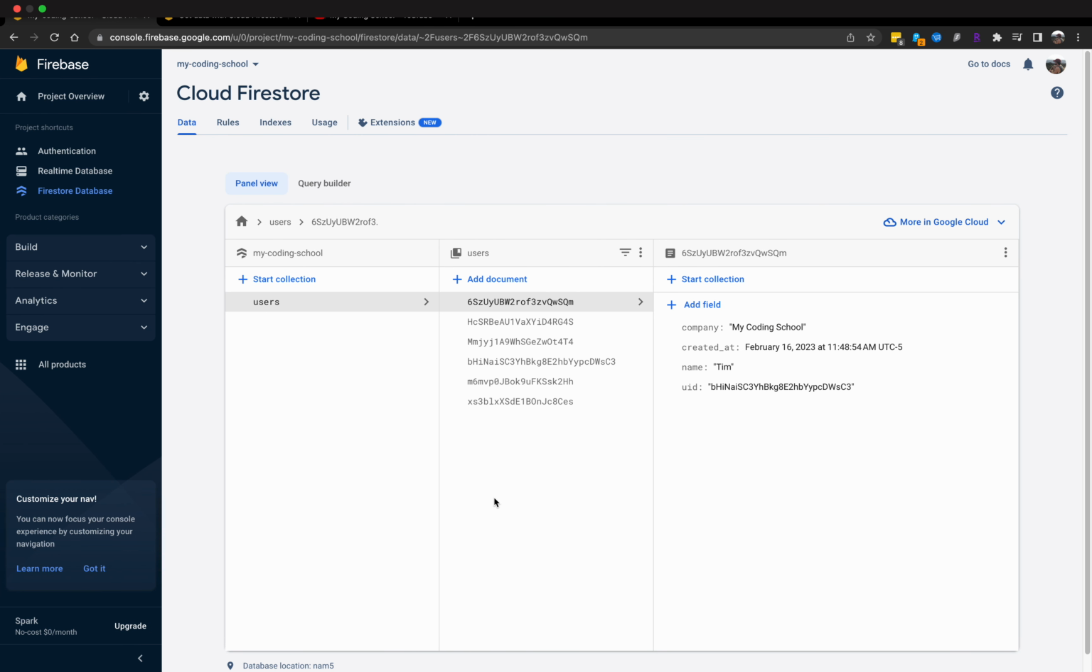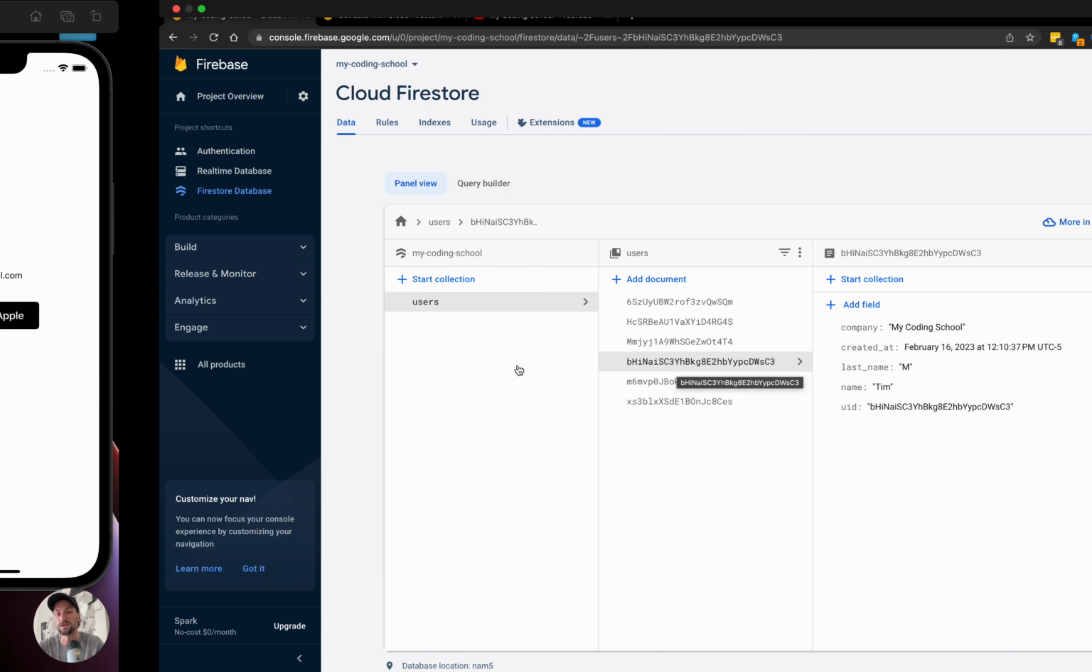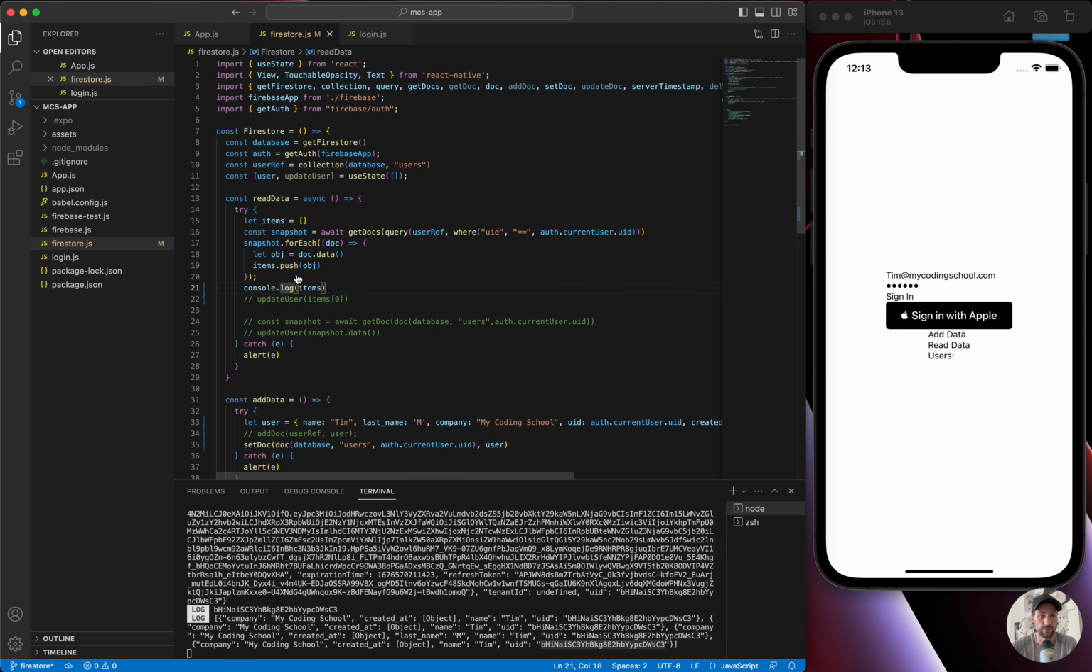But for get doc, we have to know what the document key is, and that's here. So we have all of these keys that were automatically created. We don't really have a reference to what that is, so we can't get that one individually. The only one we do know is the one where we specifically set the key with set doc, and we set it to the UID. So that allows us to, let's comment this out,